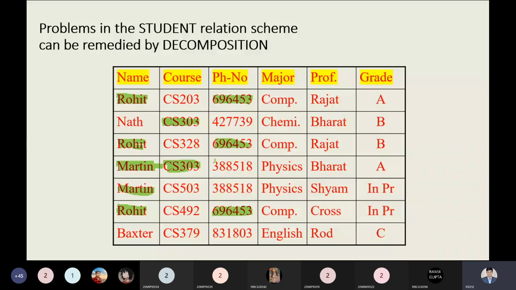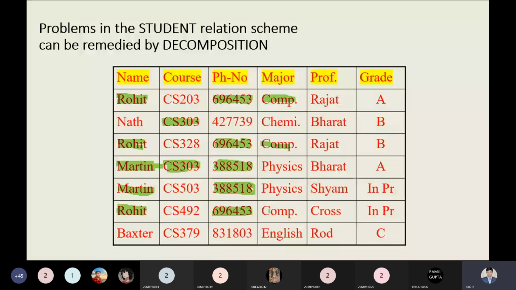But the redundancy we have over here, we can avoid or remove. Do you understand me? Sir, I was just telling you the duplicacy of the phone numbers. Yes, of course, duplicacy of phone numbers is also available here. Now talking about the subject major, we have computer, so computer duplicacy we also have over here. Talking about physics, we have duplicacy too.